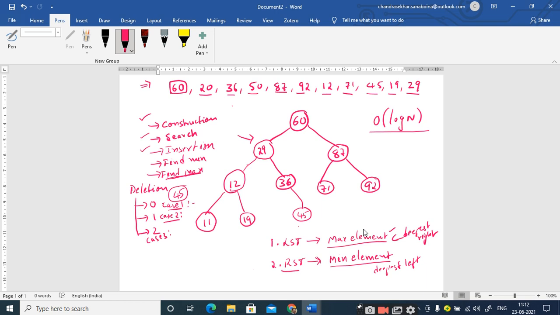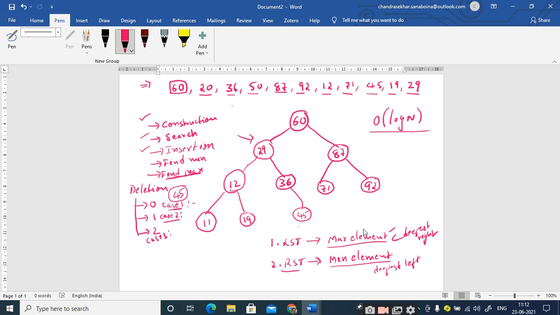You go to its left child from the node you want to delete, and from there you go deepest right to find the maximum element of the left subtree. Similarly, in order to find the minimum element in the right subtree, you go towards its right child and find the deepest left node from that particular node. That's it, right? Is it clear up to this point?